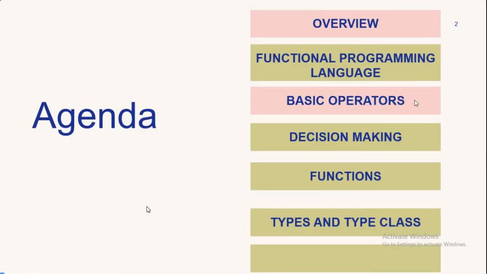Today I will start with an overview of the Haskell language. Then I will discuss functional programming and why Haskell is a functional programming language. Then I will discuss the basic operators, then decision making, then functions, and then types and type classes. So these are the main six points which I am going to discuss. Before starting the topic,